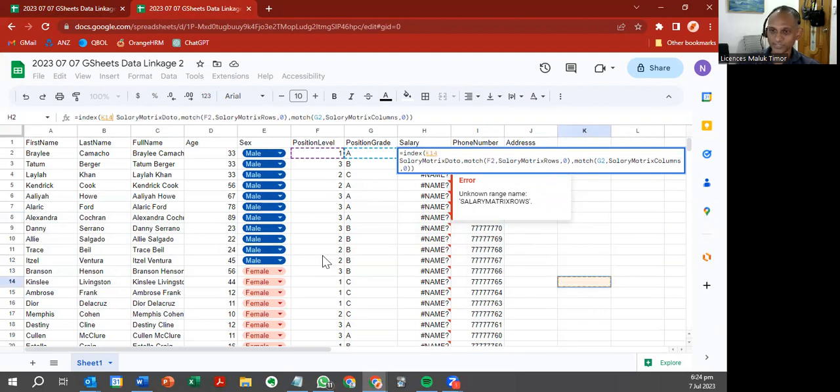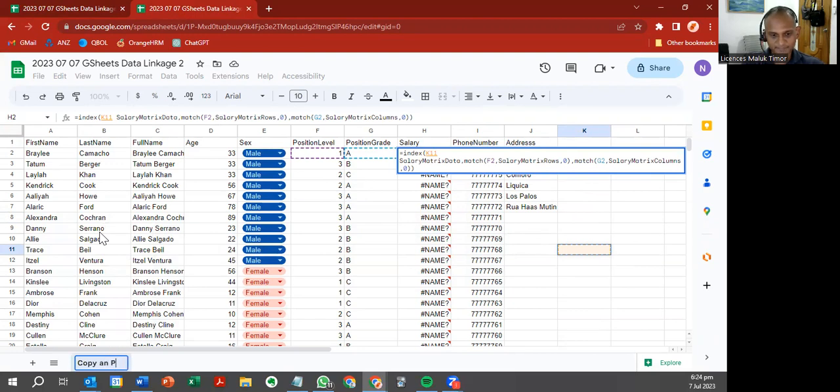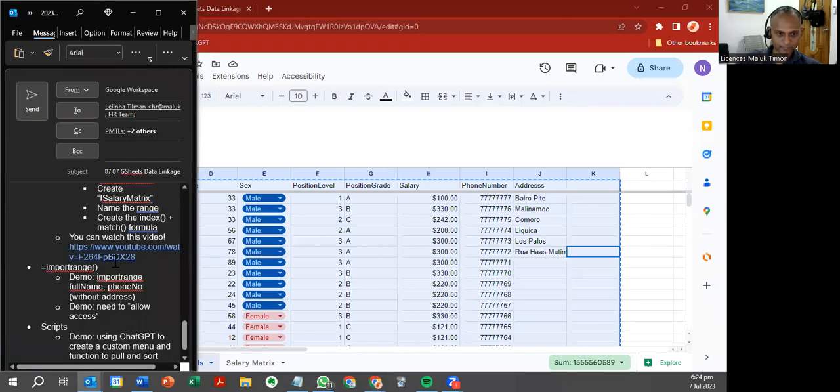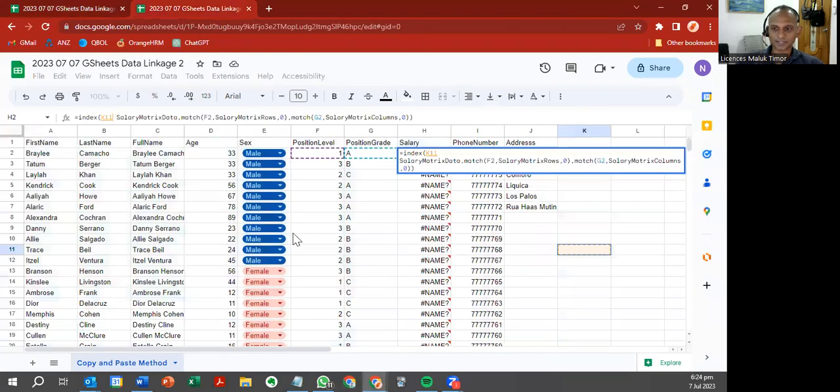And so this is one way to do it. You can just copy and paste. It'll work for some columns, but it won't work for other columns. So what's another way to do this? I'm just going to rename this. I'm going to say copy and paste. So that's one way to link it, by copy and paste. Let me also just type that within our notes today. So, different ways to get data between sheets. One way is just copy and paste. So it has problems, right? So another way that you can do it